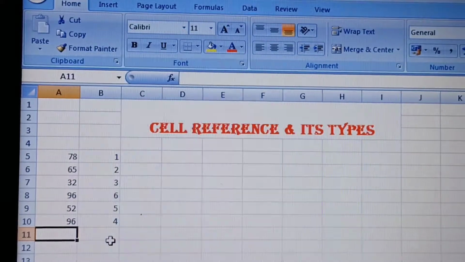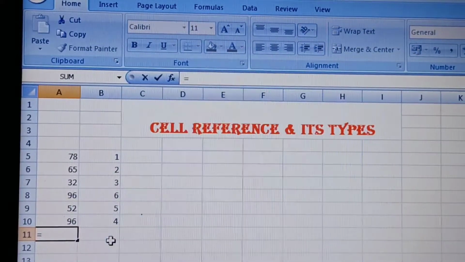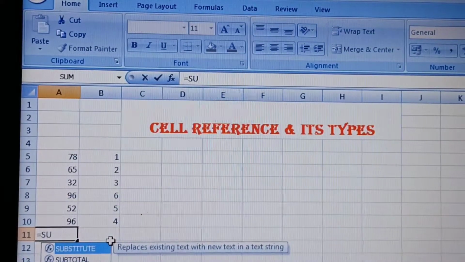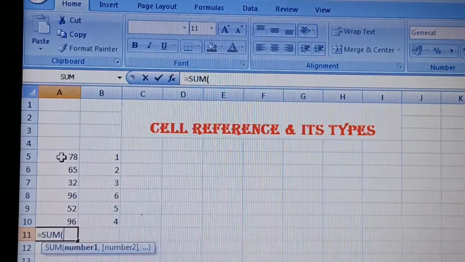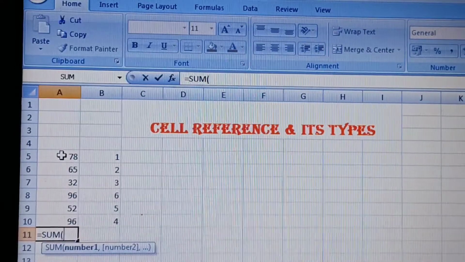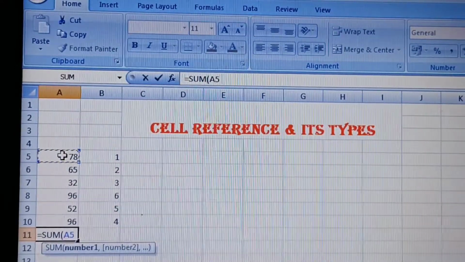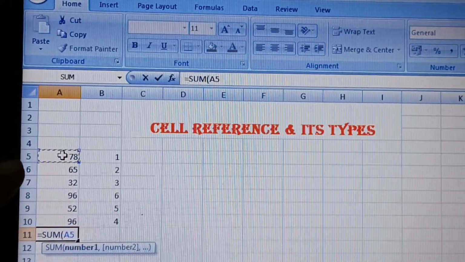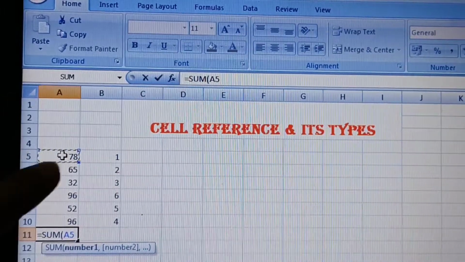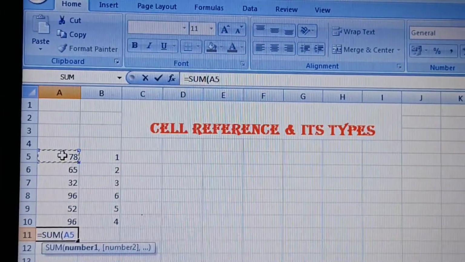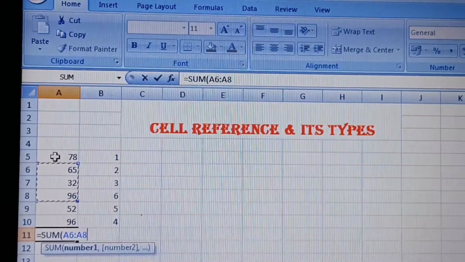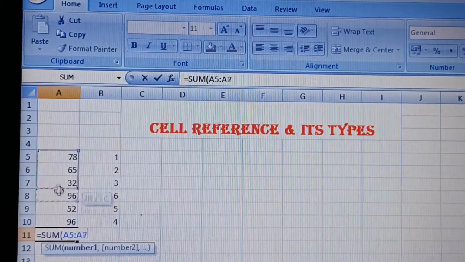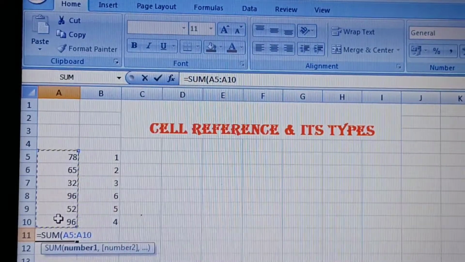Let's see. Here we write the formula. What is the formula to find the sum? It is SUM. Then we start the brackets and simply drag the cell address, or you can write the cell address, that is A5, meaning the starting position is A5. A is the column, 5 is the row, and we drag it to A10.